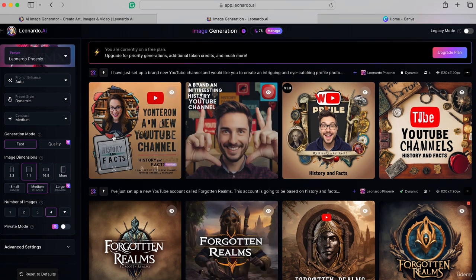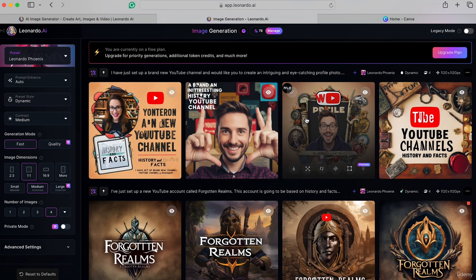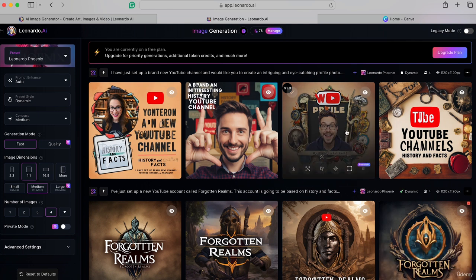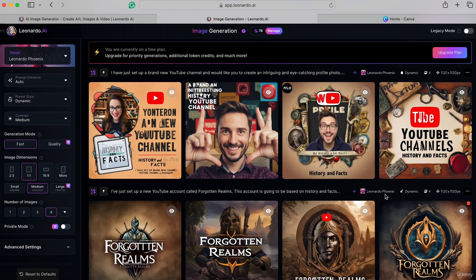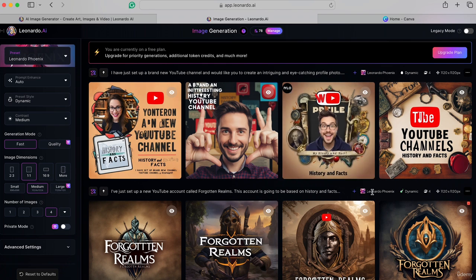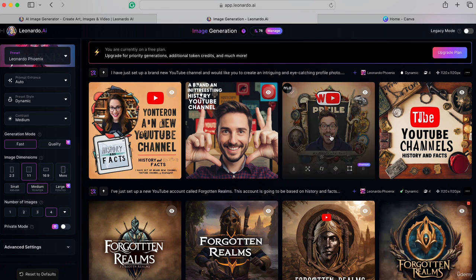I'm not actually too sure I like any of these. This one's not too bad, to be fair. If you wanted to hide your face and use someone else's, what's good about this one is that it will give people a sense of familiarity and personality because you've got someone's face in there, but that person is completely made up. So you haven't just stolen someone's photo. This is completely AI generated. This person doesn't exist. So if you really wanted to, you could actually use this and just pretend it's you,